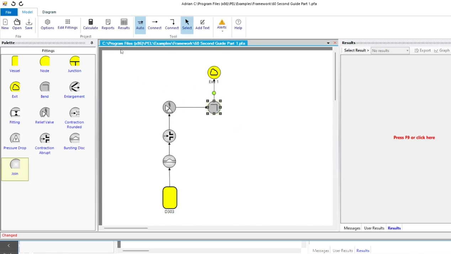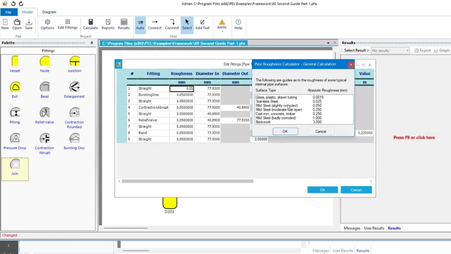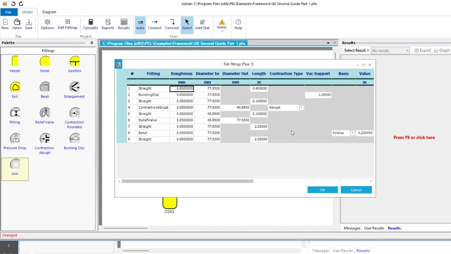We can look at the rest of the pipe work. A good way of doing this actually is to use this little edit fittings here. So we can look at the roughness. And if you want to change the roughness, you can bring the roughness calculator up. And we can have mild steel slightly corroded, because why wouldn't you? You can see we've got our 3-inch pipe work. We're then contracting down into our relief valve, and then we've got our 3-inch pipe work leaving all the way to its exit point. And you can edit this in here, so you could bring up the pipe diameter calculator,